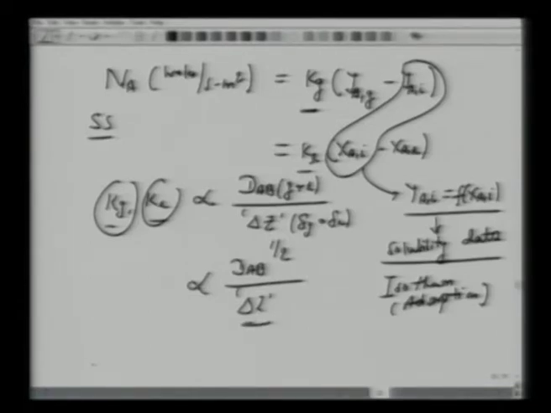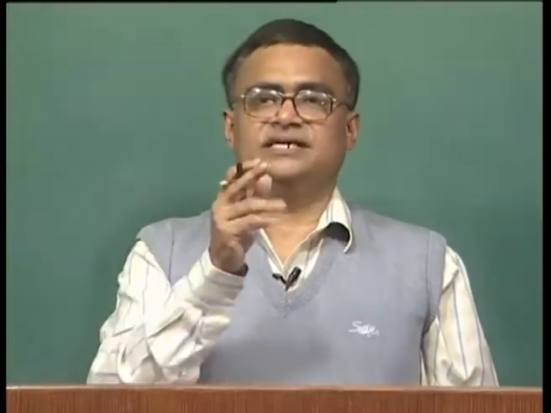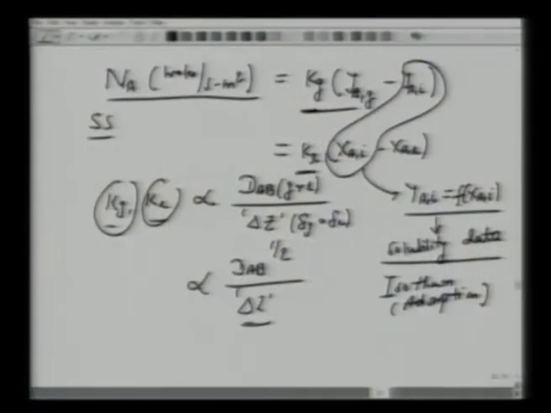So, let's summarize interface mass transfer. The interface concentrations are at equilibrium, and under steady state the two diffusion fluxes are the same. The flux is proportional to the mass transfer coefficient in the gas phase multiplied by the concentration drop in the gas phase, and will also be equal to the mass transfer coefficient in the liquid phase multiplied by the concentration drop in the liquid phase. That's it. We have two correlations for two equations, one for the gas phase and one for the liquid phase. Interfacial concentrations yi and xi are related, and we have one more equation.